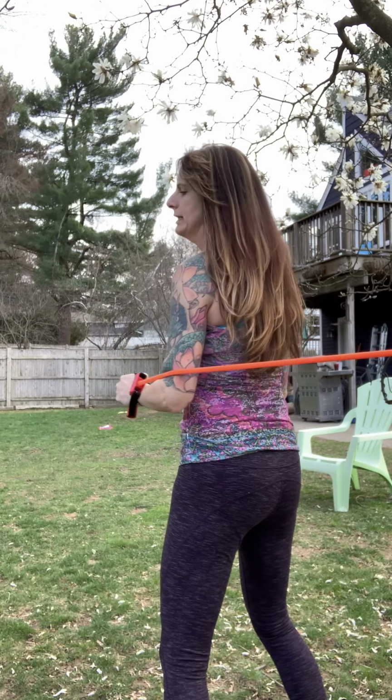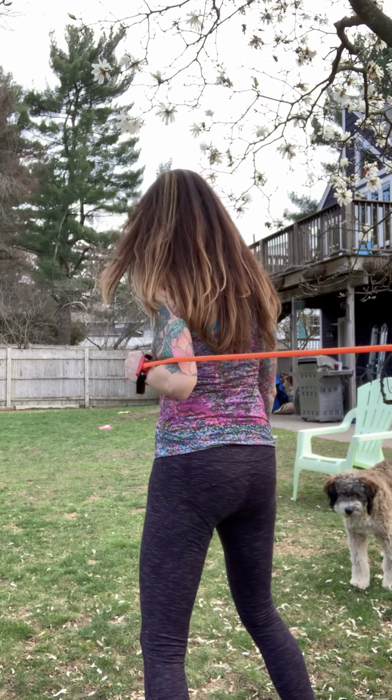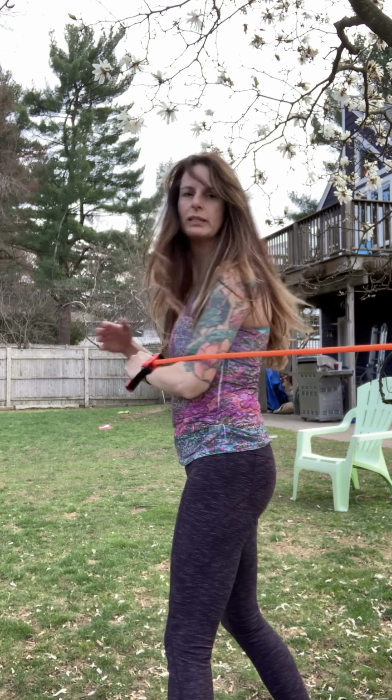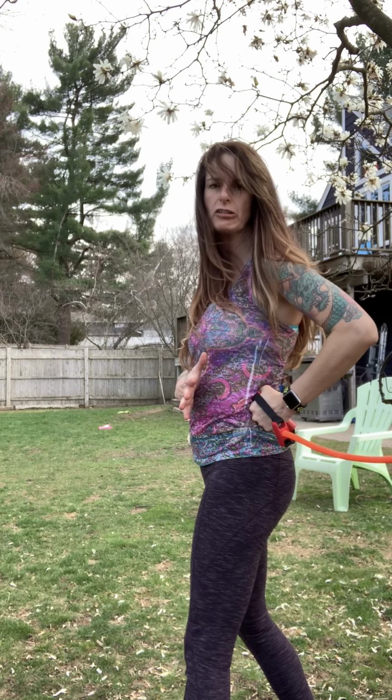Again, make it easier by stepping in, make it tougher by stepping out. You just get this ball, go for it. Arm and single. Now, doing this singly, the other cool thing is I get a little anti-rotation going as well,